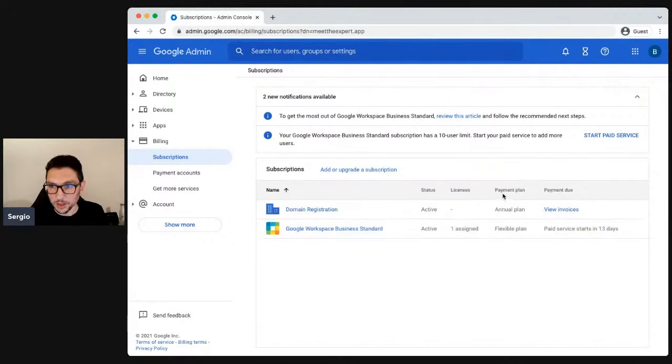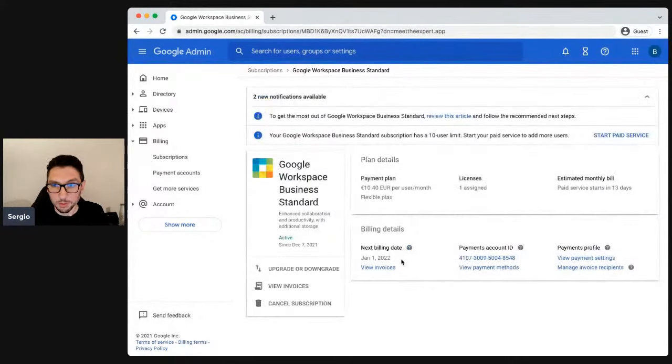We can see also the payment plan for them and some information. But if we click on the subscription itself, we can go and see many more details. For example, the payment plan, how many licenses are assigned, the next billing date, and we also have options to view invoices, upgrade or downgrade the subscription, or even cancel the subscription.